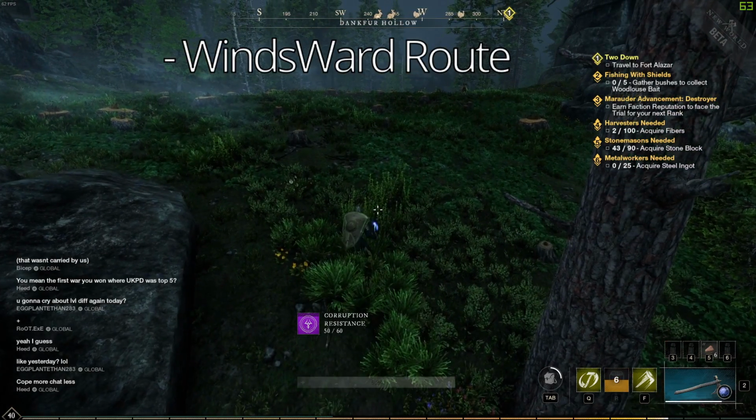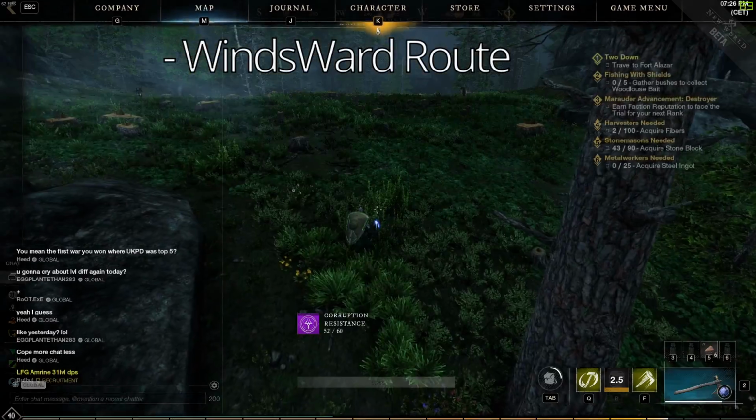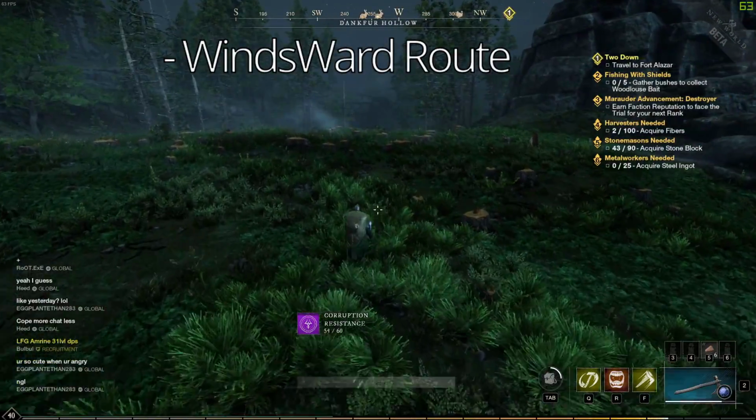First off, I'll show you where you can find iron near Winsward. The iron itself is actually located south of the settlement. If you follow this route, you can find it quite easily. Iron usually spawns in clusters of 3, so...